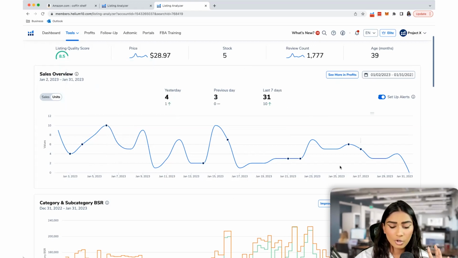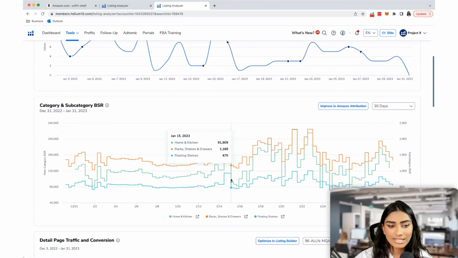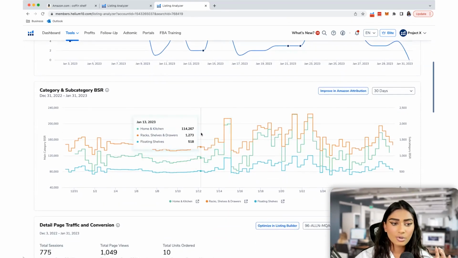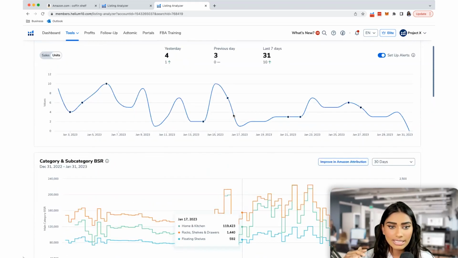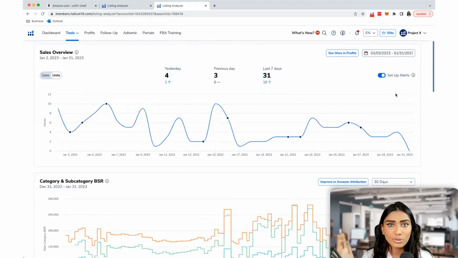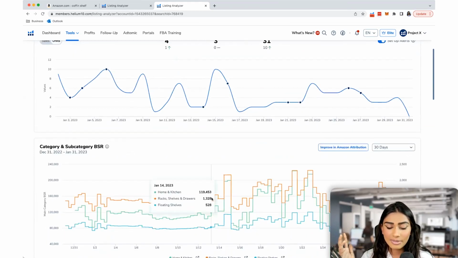If I go down a little bit more, you also have the category and subcategory BSR changes. So typically, you can track the category BSRs, but it's nice to be able to see the subcategory changes, because I know last year there were brand new categories being added, and a bunch of sellers had that transition happening, and you could kind of see it. So here you would be able to see, is my product in a new category all of a sudden? And then if it is, how is it really stacking up to my actual unit sales? And is it something that's actually making a difference?